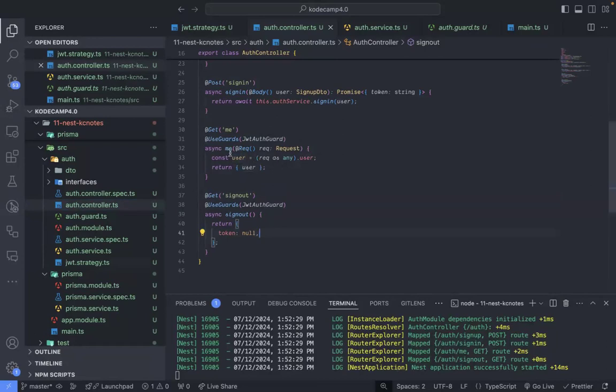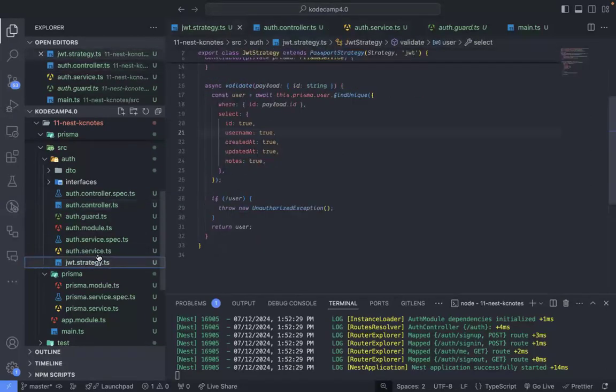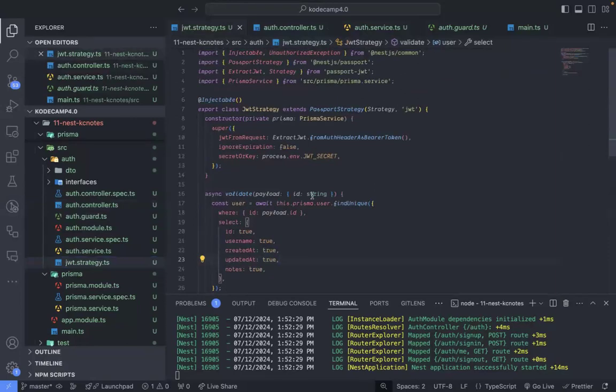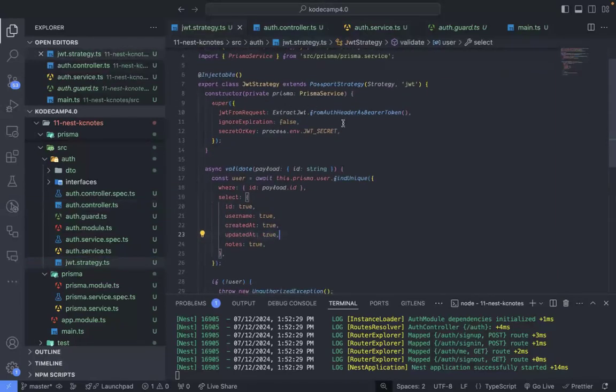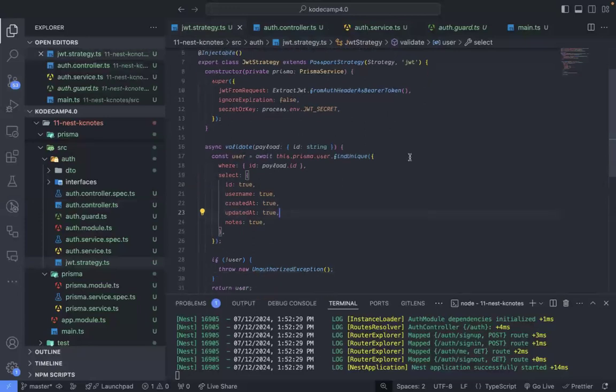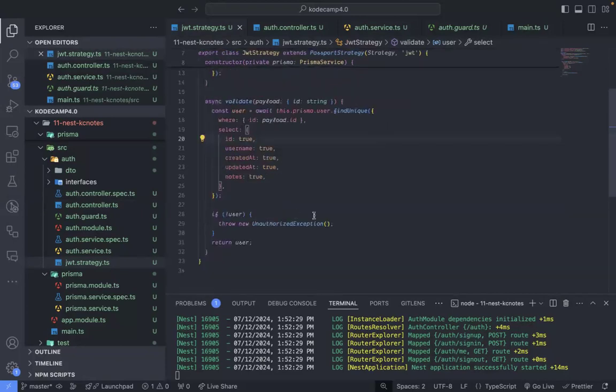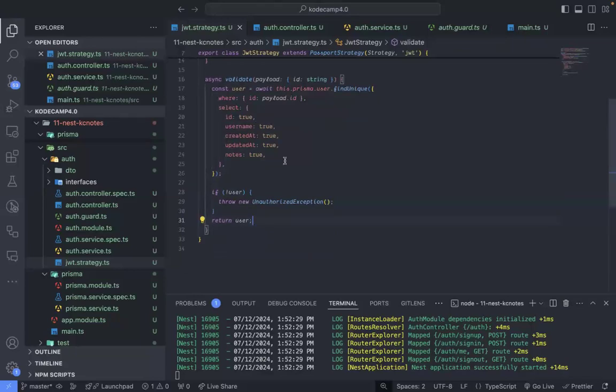So if you're wondering where this request is coming from, what this JWT strategy does is that once it extracts the token from the auth header bearer token, it will bring back the payload. The payload contains an ID of type string. So we grab that ID and check if the user exists in the database. If the user exists, we grab the user's ID, username, created, updated, and the user's notes. But if the user doesn't exist, that means something happened, so we throw an unauthorized exception. But if they exist, we return the user. We attach the user to the request